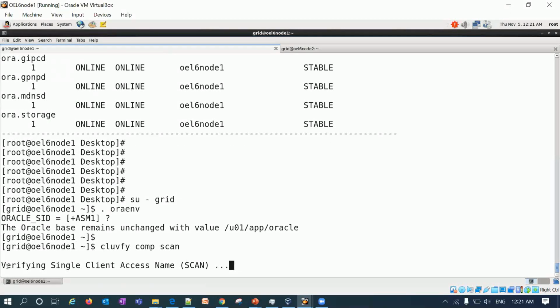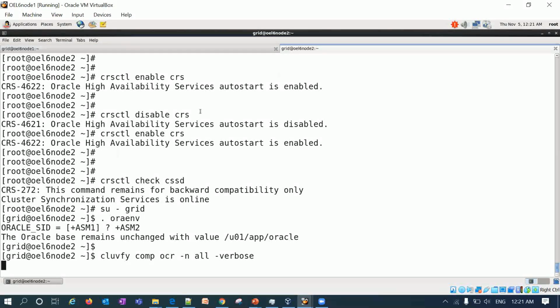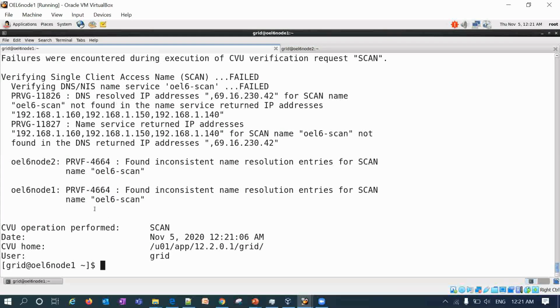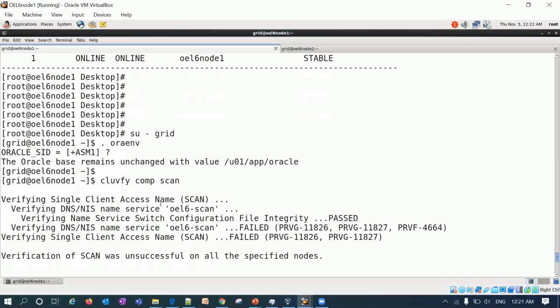You can see here it is verifying my scan. Cluvfy compare OCR -n all -verbose will check my OCR registry integrity across all the nodes. And you can see here I'm getting some error messages. Verifying scan, verifying DNS, NIS, and these are the failed services, verifying single client access name.